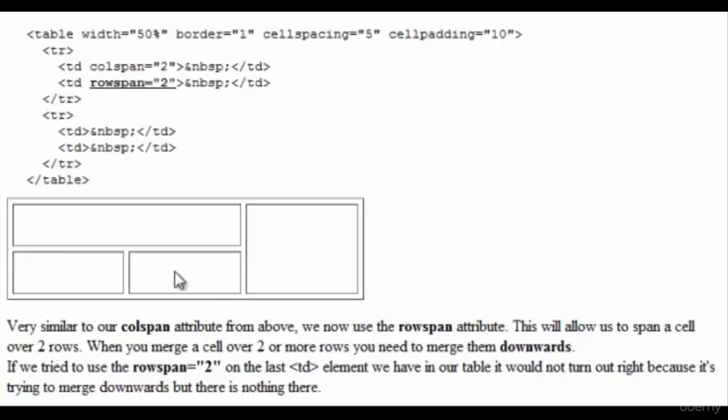I just want to also put it out there that as we get more advanced, we will be leaning away from tables as structures, and we will be leaning a little bit more towards using lists and divs as structures. And once we touch into HTML5, we're going to try and completely remove that, and use headers, navs, and footers. But for now, that is something you do not have to worry about.